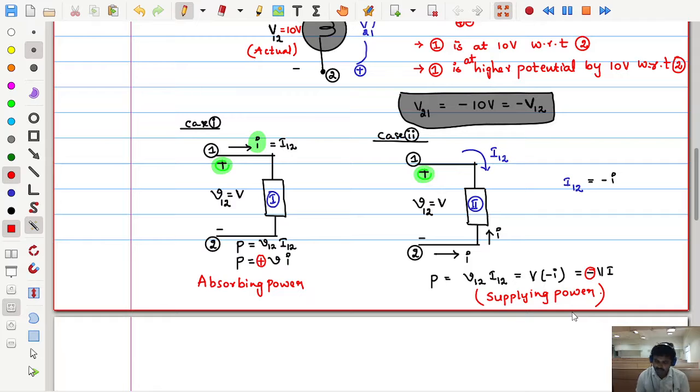So these are the important conventions which we come across throughout our analysis of this subject. That's why I am focusing more on these things. Especially one should understand the current direction, voltage polarity, and power sign conventions, whether power is positive or negative. If these kinds of things come up in your analysis, then you can interpret whether it is positive or negative. So let me give you some simple examples. Yes?